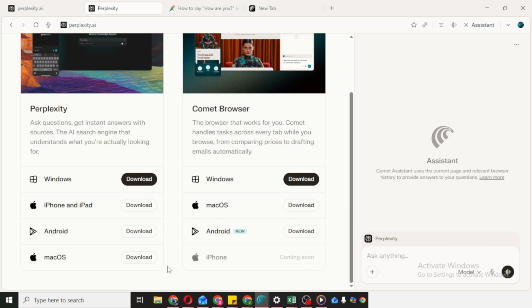That's it. You've navigated to the Perplexity website, logged in, found the install icon on the left, clicked Download, and waited for the file to finish. Once the download completes, you're ready for the next step